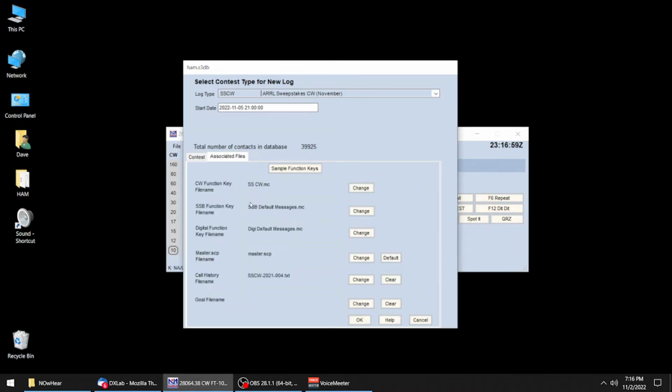And notice that last year I used a CW function key called SSCW. In addition, last year I used a call history file called SSCW 2021 version 004, or -004.txt. Now normally I won't check the call history file until the day before the contest or the day of the contest,